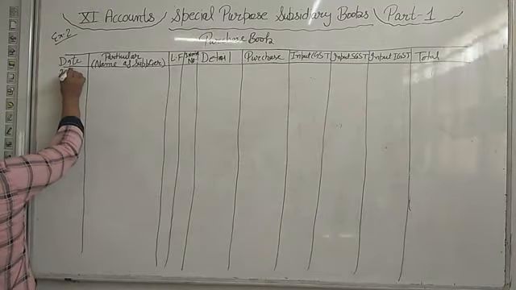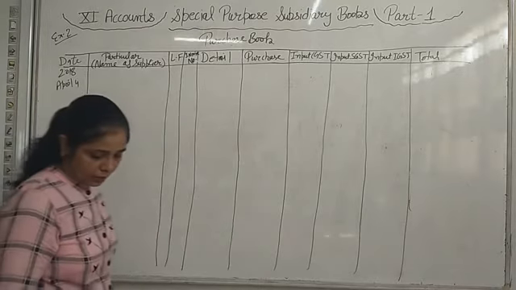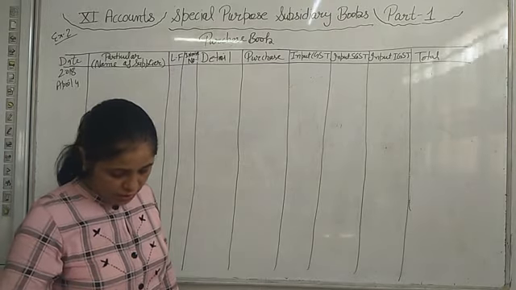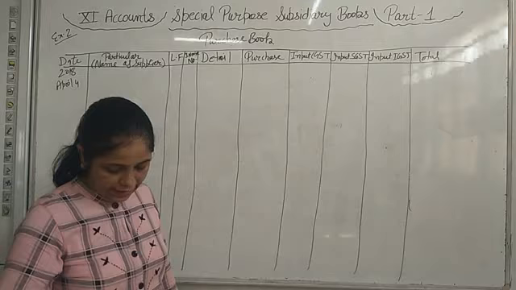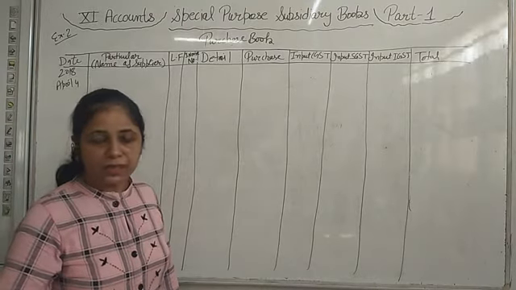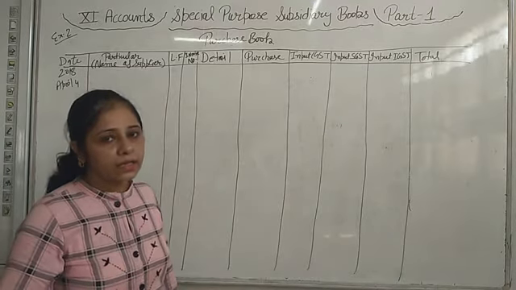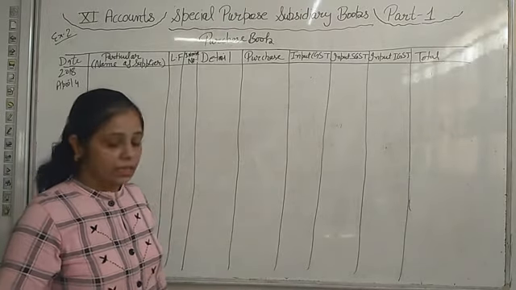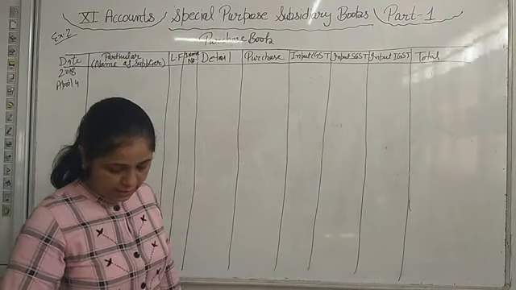2018, first transaction on April 4. Purchase from Radha Krishan and Sons of New Delhi, vide invoice number 305, 100 meter cotton cloth at 200 per meter, 80 meter woolen cloth at 500 per meter, and trade discount is 20%. If nothing is mentioned whether it is a cash or credit transaction, then it is assumed to be a credit transaction. Otherwise, for a cash transaction, instead of an invoice number, a cash memo number is given. So invoice number is there, so it means it's a credit transaction.